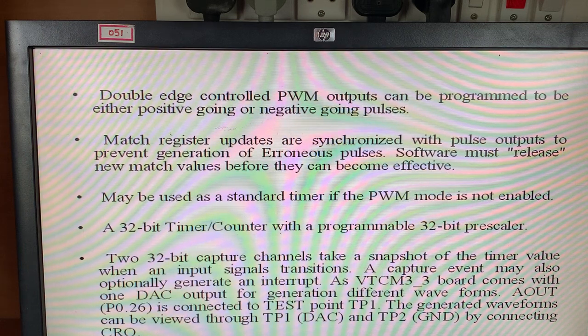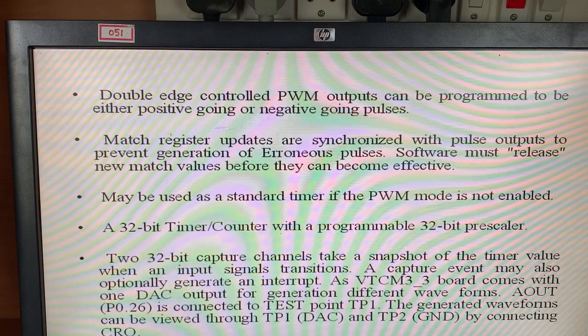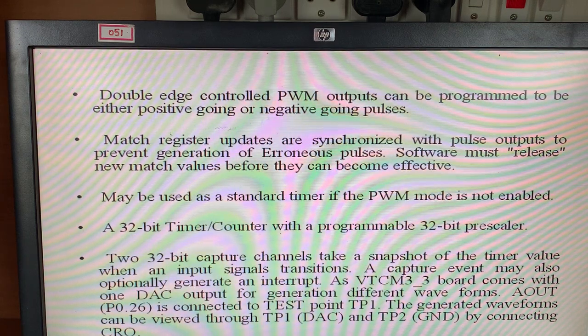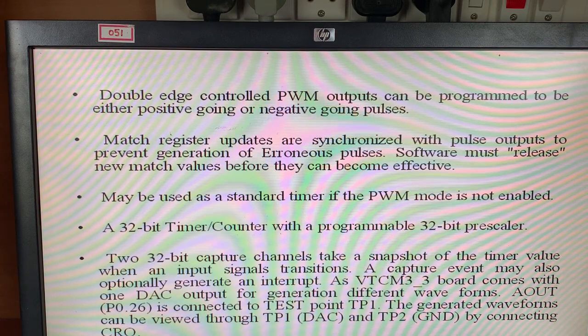As we stressed, timers and counters need clock pulses, which can also be generated with pulse width modulation modes. And two 32-bit capture channels take a snapshot of the timer value when the input signal has a transition. These features are helpful for the control of various devices in your ARM processor.